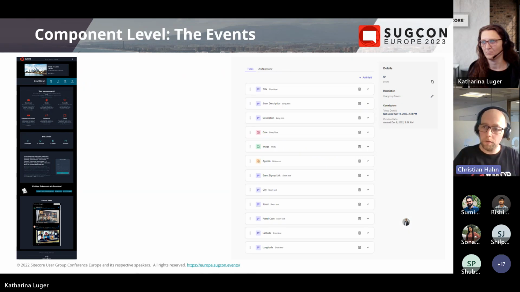With that said, going down into the module level, seeing how everything is connected. What you can see is on the left-hand side, still the page. On the right-hand side, we see an extraction of Content Hub 1. And as mentioned, everything is around events and how events are managed and structured. And as you can see, it's a blueprint, a content type event with all the basic information like event title, description, city, streets, or where it takes place, as well as the date, some event image, and the special thing,